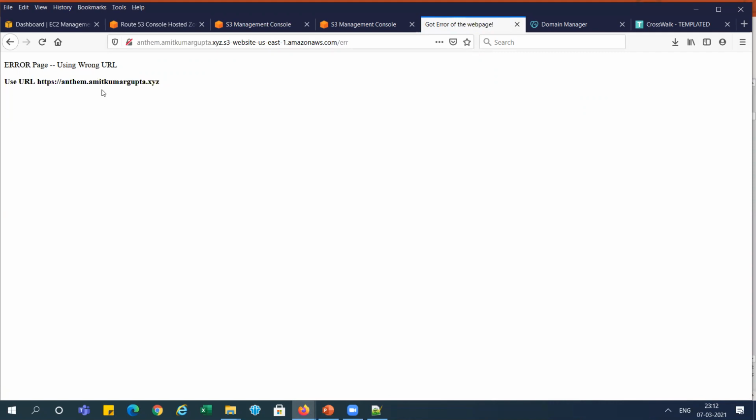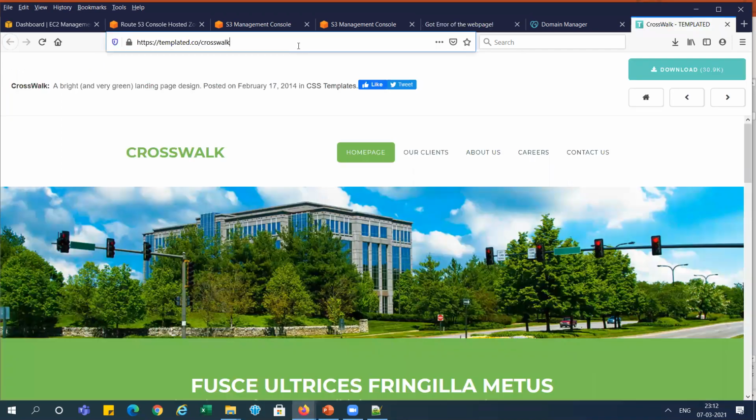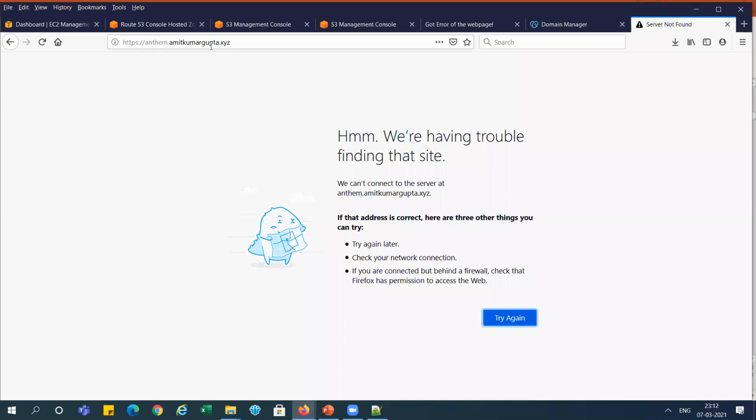Actually, when we add the certificate, our S will be added, HTTPS, and when we map this to our domain name, the URL will look like this. See, so I will show you this URL currently here. It is not in use now. I'm showing it is not working because we have not done anything so far on that, right?